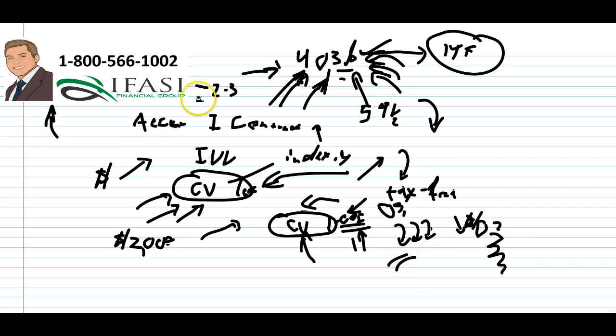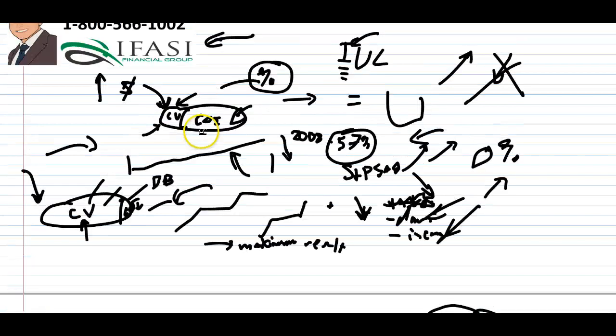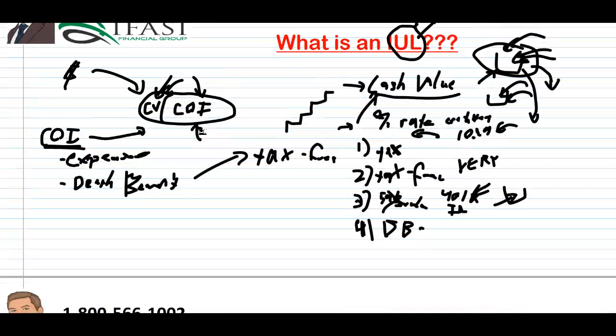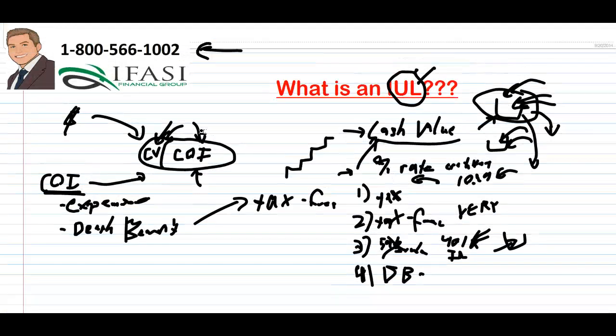So please, give us a call. We could educate you a little bit further. We could see exactly if this might be a plan for you. We deem it in-house as an accumulation insurance contract, but essentially this is an overfunded IUL policy, and we navigate through hundreds of the top contracts, making sure that your cost of insurance is as small as possible so that your cash value could be maxed out as much as possible. So please review this. Please take notes. Give our 1-800 number a call.